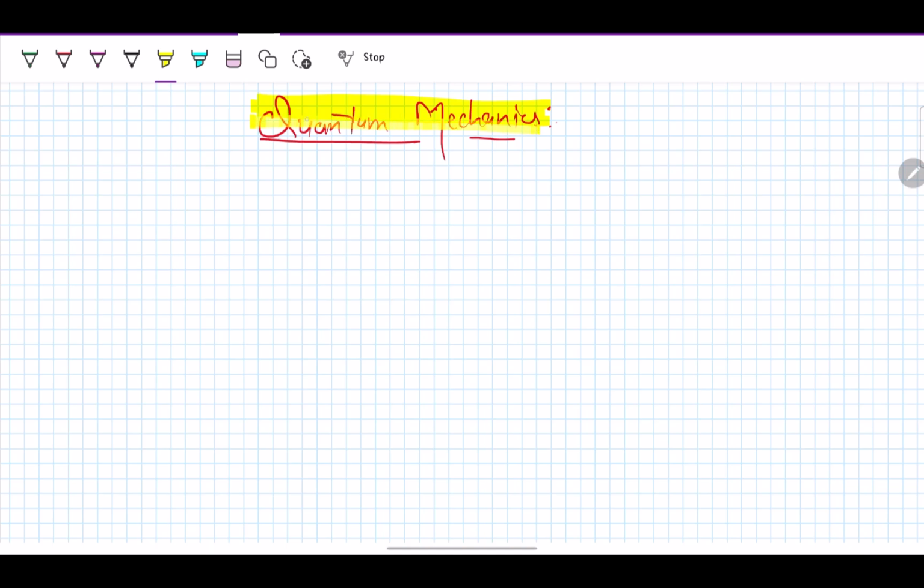That is quantum mechanics. Alright, so before starting with core quantum mechanics, let's talk about the failures of classical mechanics, represented by CM. Classical mechanics fails to explain some important concepts or phenomena like